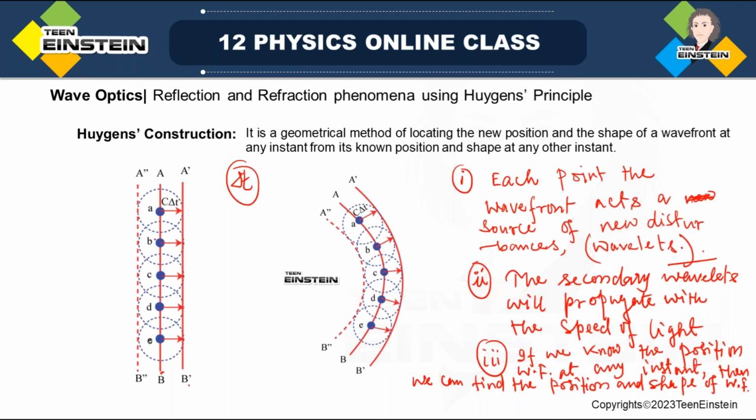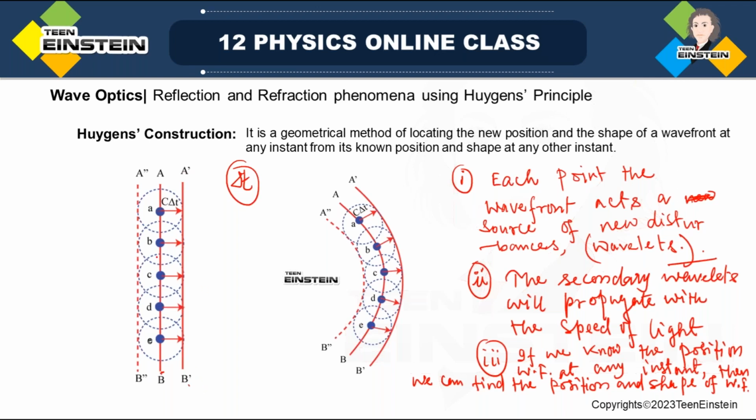Actually all the spheres will be of the same radius, because these new wavelets are in phase. Wavefront means they are all in phase. So they don't have any time lag here, so all of them will have the same radii. They are just moving together. So small spheres you have to draw, and you can draw a common tangential surface A prime B prime,